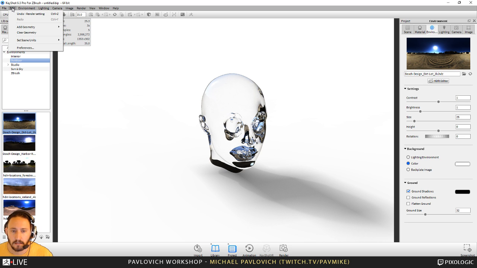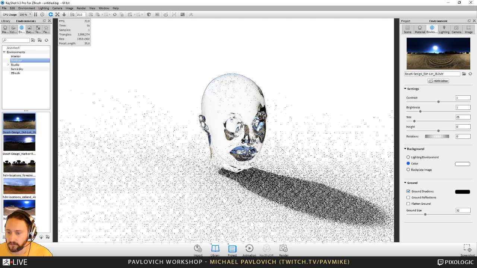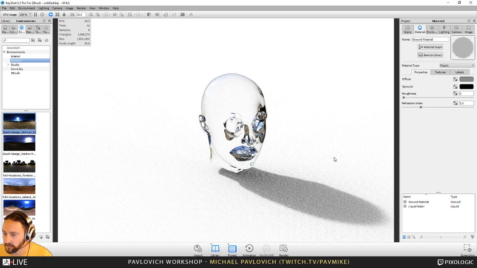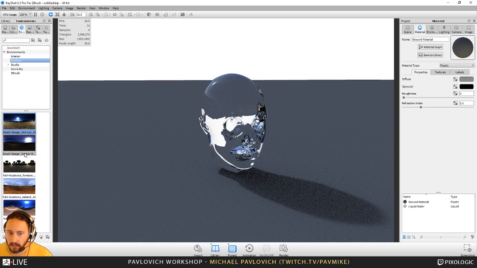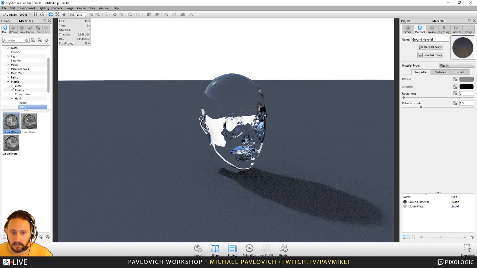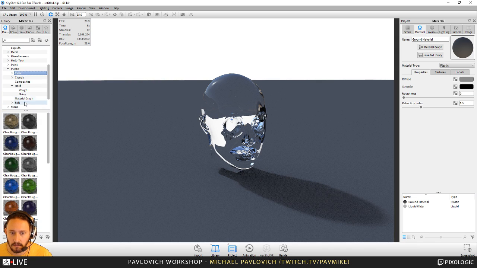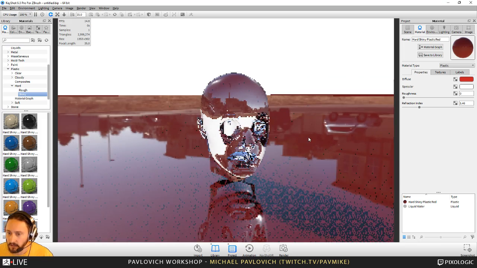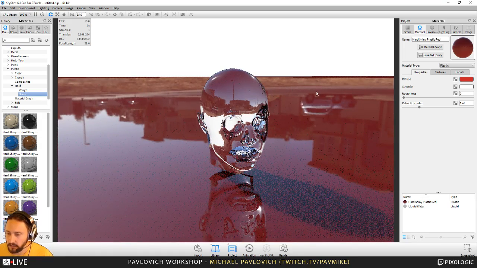Edit, Add Geometry. I'm going to do a ground plane, which is just going to act as a shadow catcher. But I'm going to change this ground plane to a plastic. Let's go back to our materials here: plastic, hard, shiny, red plastic. There we go. So now we've got water being rendered onto this hard plastic, and we've got an environment